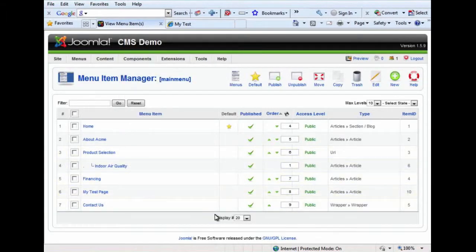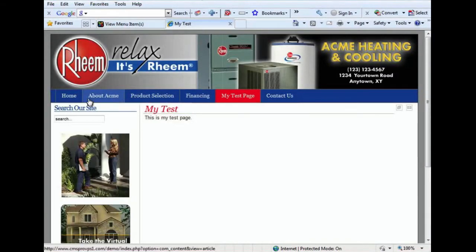If I want to switch them back, I would simply go to My Test Page and move it back down the order. And we'll see I can move it back down the order. If I wanted to change this, instead of being in a top menu position across here, but rather would like to see it as a sub-menu item,